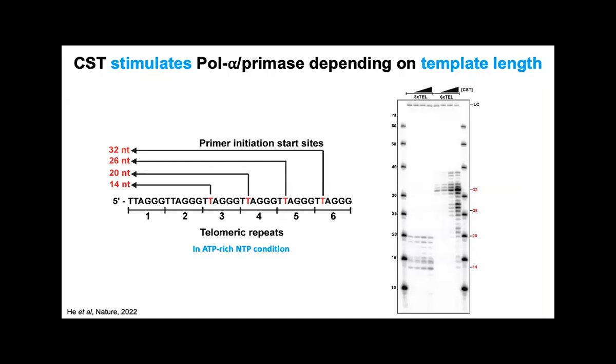So as we know earlier in the slides, CST binds to 3x tau really well. But it turns out that if I give it a 3x tau, this is a direct assay here, and we titrate in CST, you can see that there's no change in the band pattern or intensity. But if you use a 6 repeat, a twice as long template, you see a dramatic increase in the stimulation of